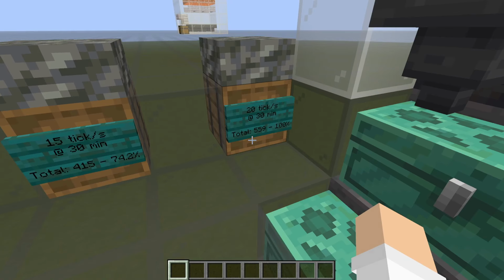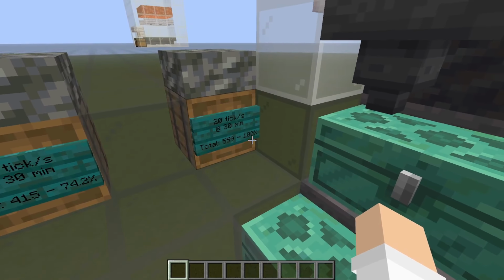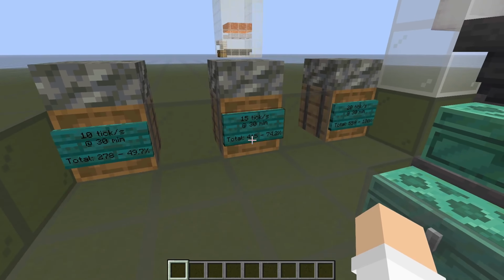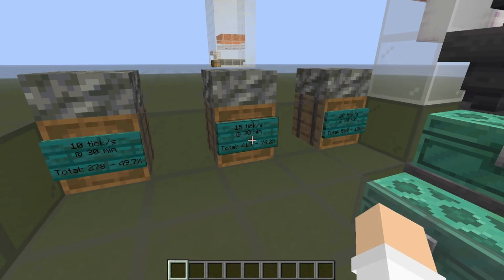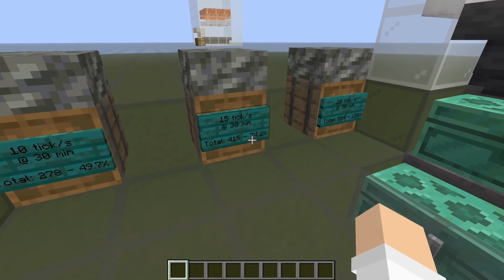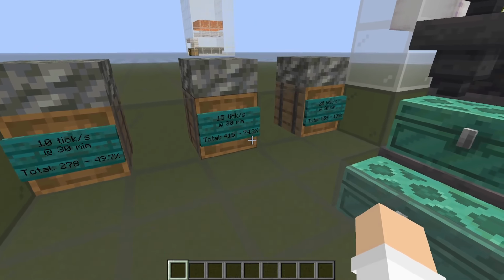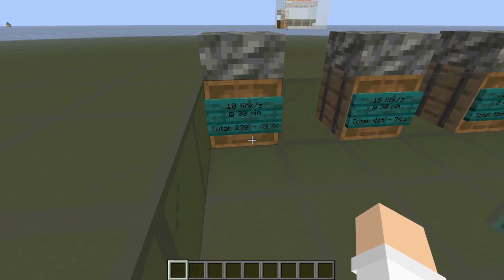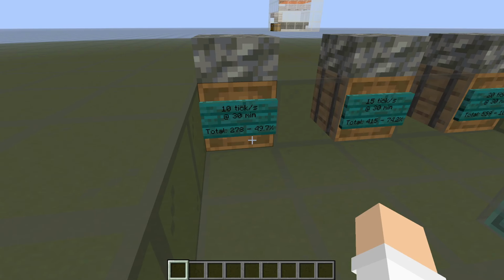That's 100% of the bamboo I would get on an average Minecraft world. If I set the tick rate to 15 ticks per second for 30 minutes, I get 415 bamboo, which is roughly 75%. It's 74.2% of what we'd get at the baseline. Again, if I run at 10 ticks per second for 30 minutes, I get 278 bamboo sticks, which is about